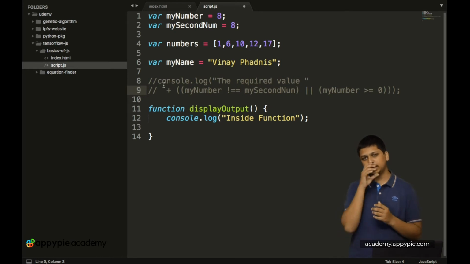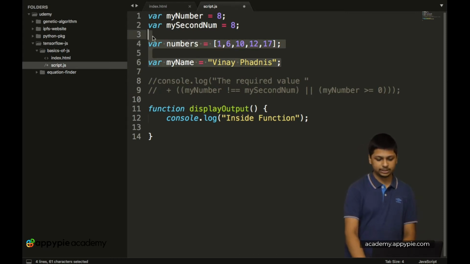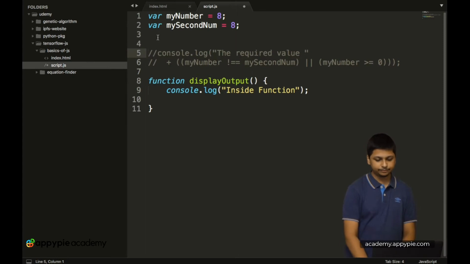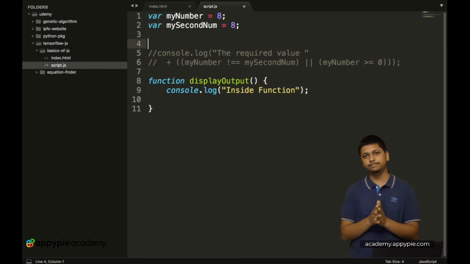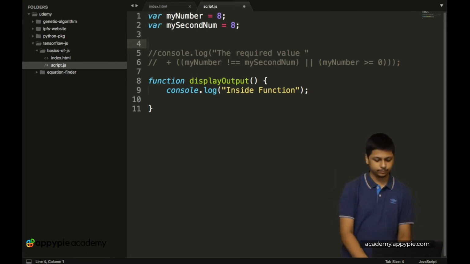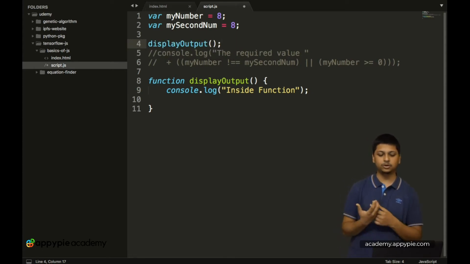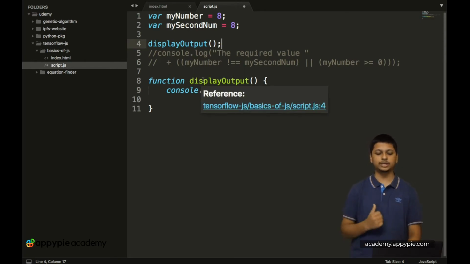Then we have to call the display output function. To do that, let's remove the numbers and my name. To call the display output function, you simply use the function name followed by round brackets, and then a semicolon. This will jump onto the display output section.